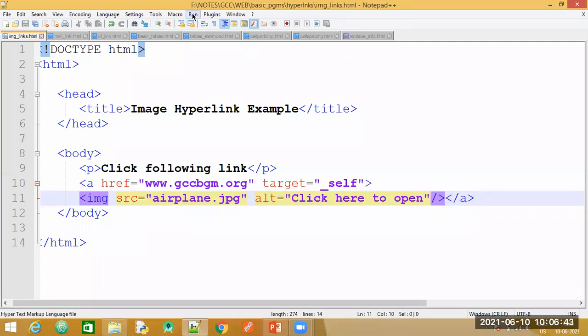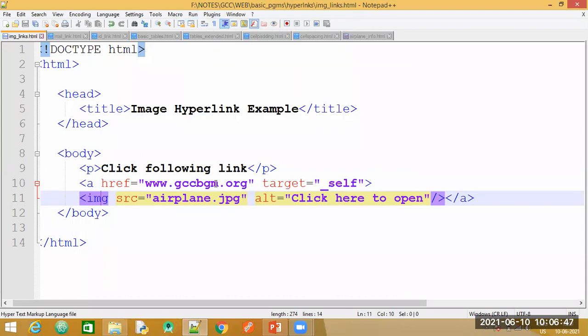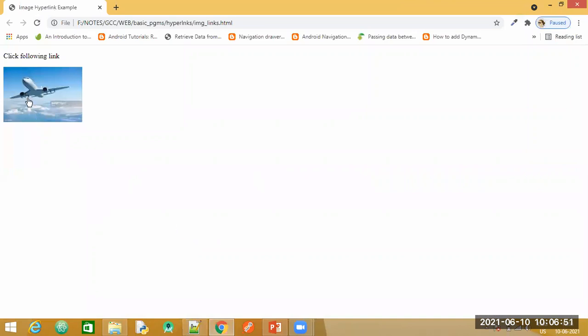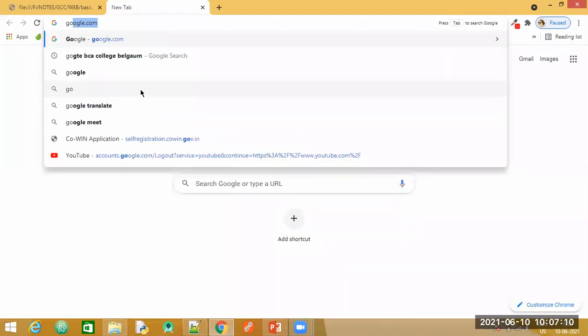Let us check if this is working. Okay, so we have got the image here. You can also see that when I move my cursor over this image, you are able to see a small hand, which means that this is a hyperlink. So we'll click. Okay, let us check for the college website URL.